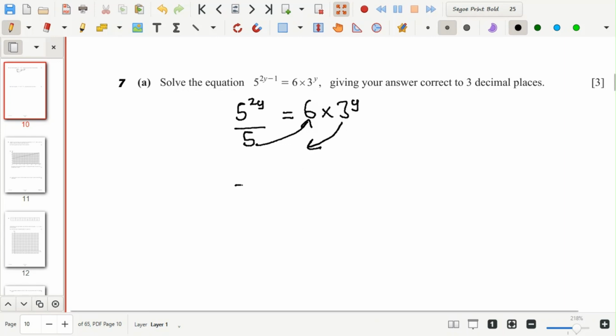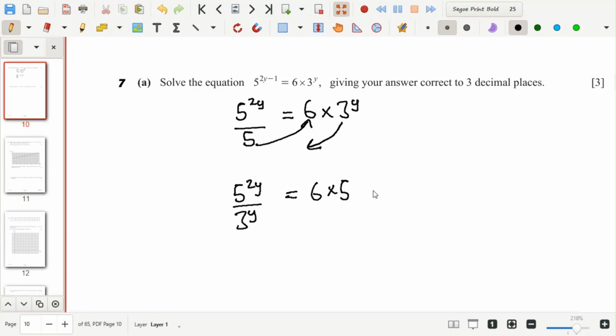So that should give me, it's like I'm doing a little exchange. So I'll bring this one here. I'm dividing both sides by 3 to the power y and multiplying both sides by 5. This one, the 5. So this should give me